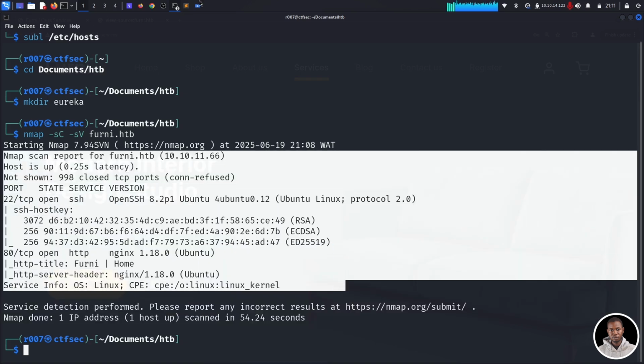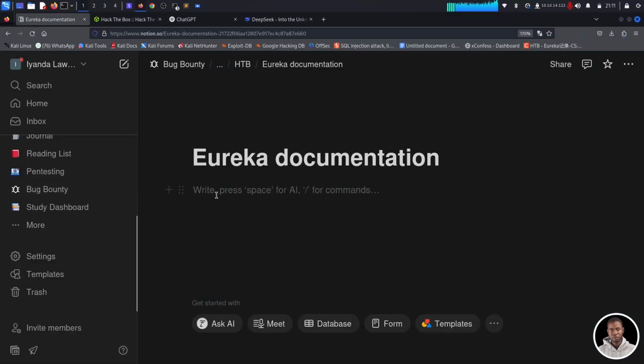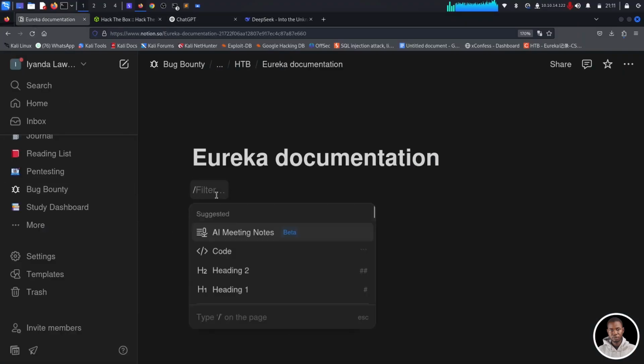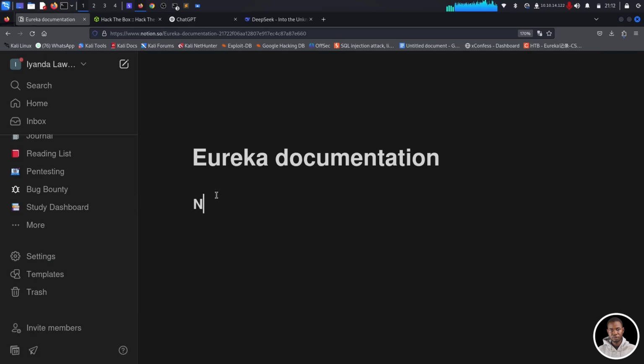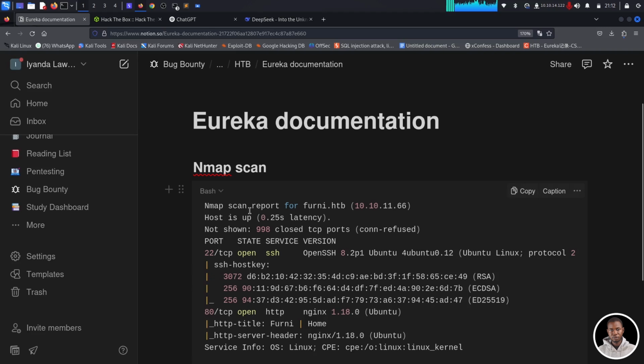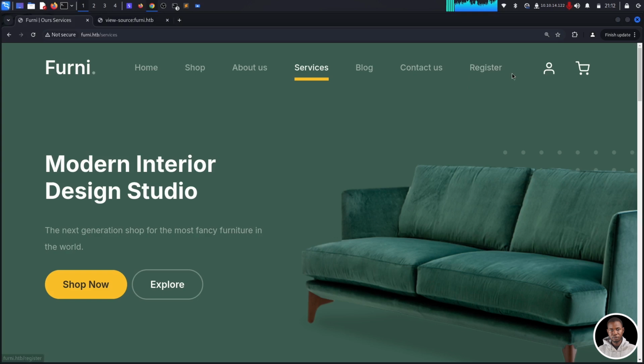So I'm going to grab this and let's go to our documentation. We're going to put this down and call it Nmap scan. All right, great. So another kind of scan that we can perform on this application is we can try to